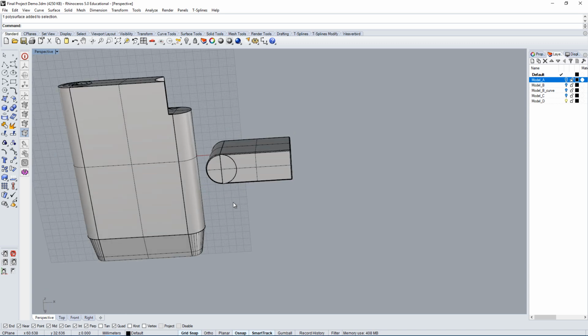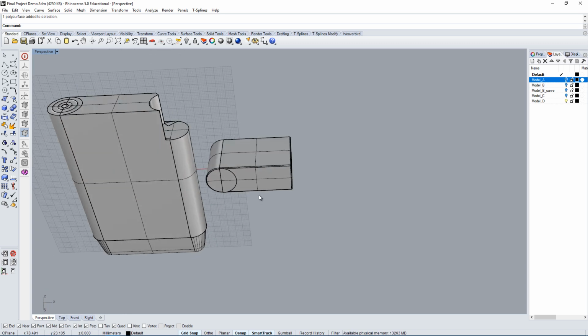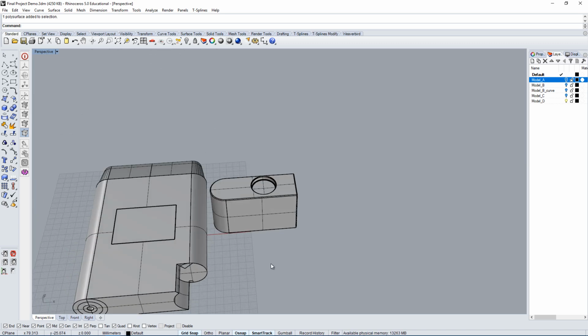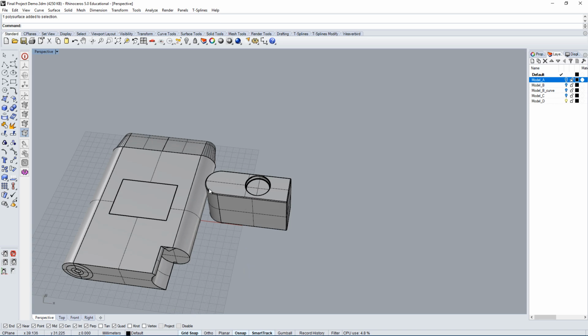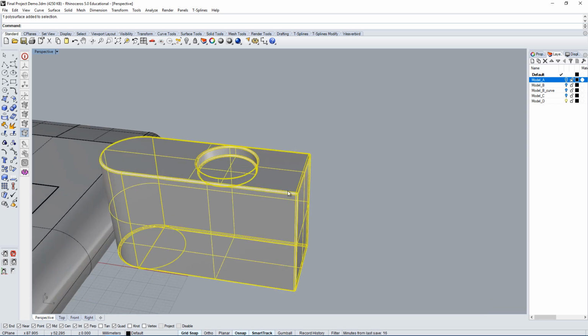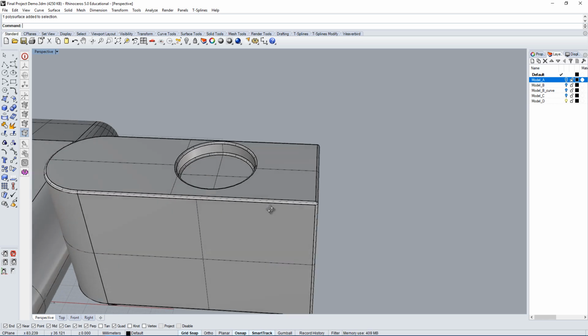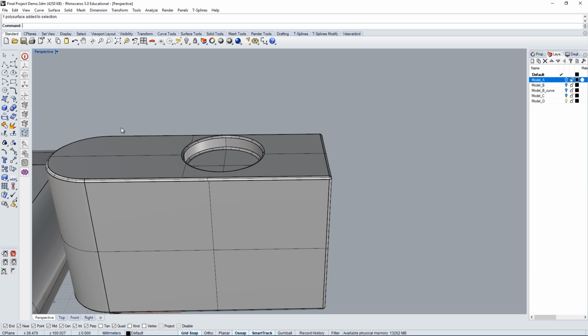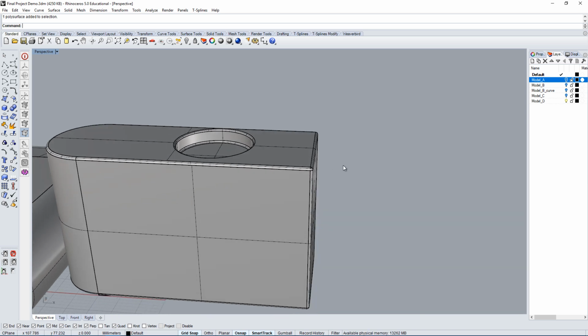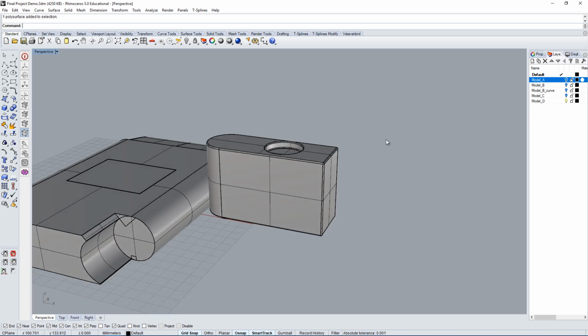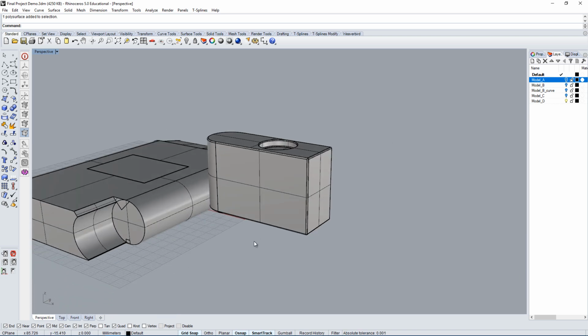But yeah, for this demo, that's all I wanted to talk about. You have to think about how you can improve your models, and there's many easy ways. Like I showed you here, you can just change a fillet size. You can explode a flat surface, replace it with a single surface. Usually the least amount of surfaces you have, the better. The least number of points you have for a surface, the better.